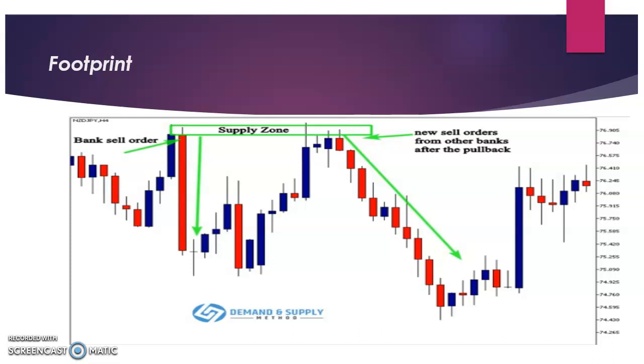The last small candle, or the last opposing candle. For example, this blue candle is a bullish candle, a bullish candlestick before this big bearish candle. This relatively small bullish candle is your order block,